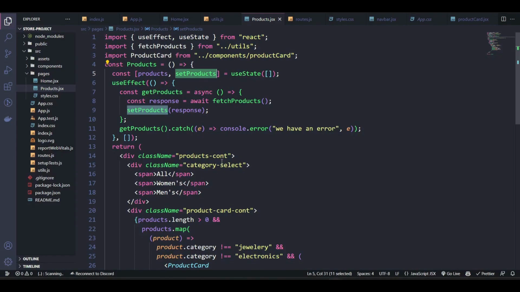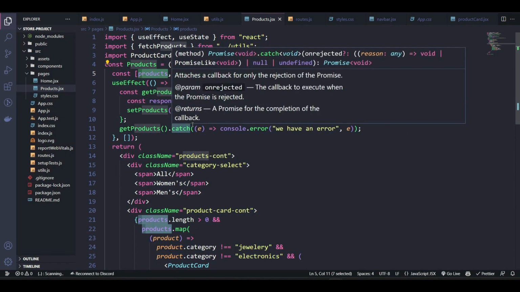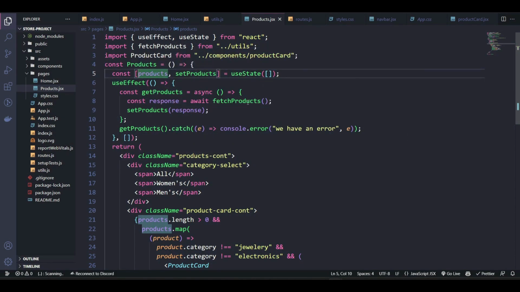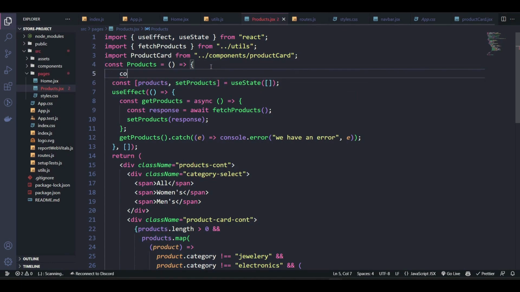Because think about it, if we filter to women's and then set products to only the women's, the only data we will now have is the women's objects. The rest of the data will be gone because that's what a filter method does. It only returns an array based on some logic. So for that reason, we need a place to store all of the data in one place that will not change. So what we'll do, we can say const allProducts, and then setAllProducts,